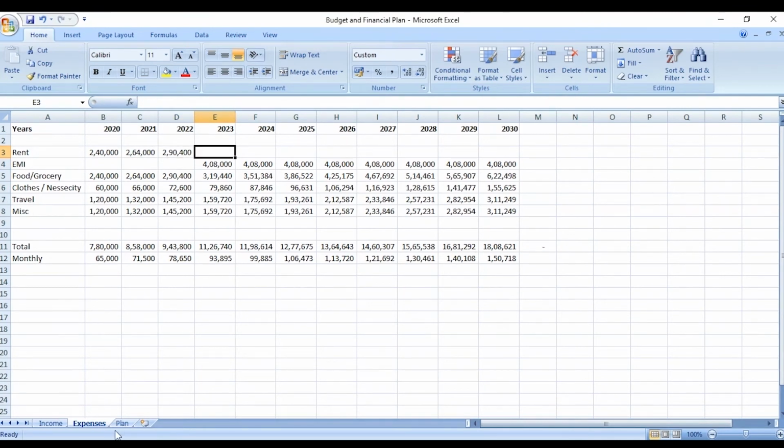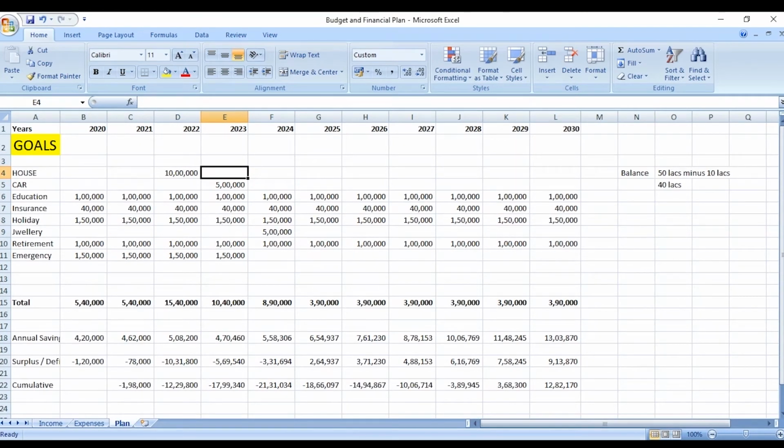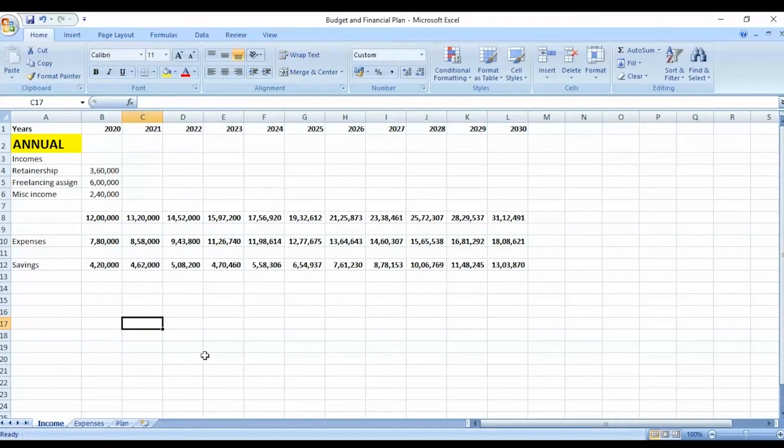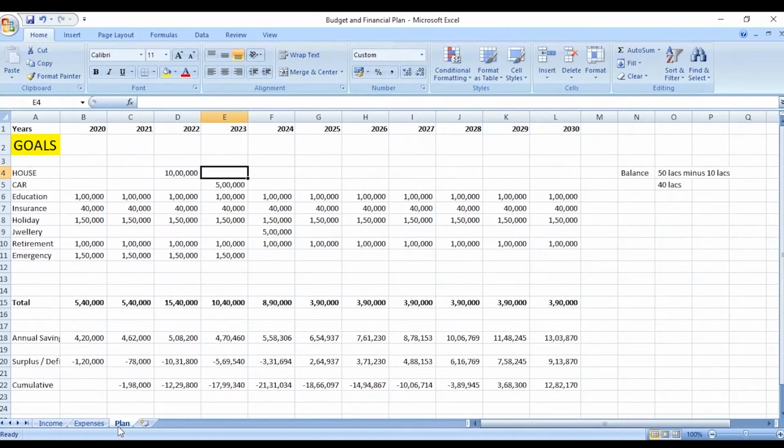And in 2023, because I'm going to take up a loan and buy my property, I'm going to shift to EMI and stop paying rent anymore. So you see my expenses have taken a jump from 9.5 to 11.26, but it's mainly because of EMI. So now let's go back and visit our plan again. Now if you see in the plan, the deficit of 50 lakh rupees has come down to